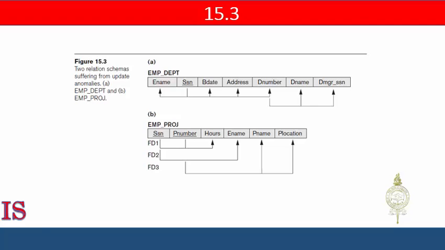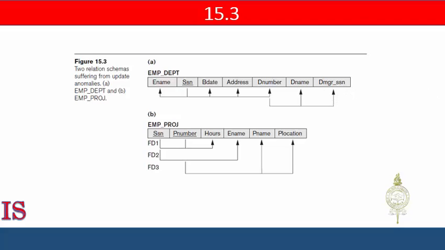A tuple in the employee department relation schema in figure 15.3a represents a single employee, but it includes additional information: the department name of the department for which the employee works, the social security number of the manager of the